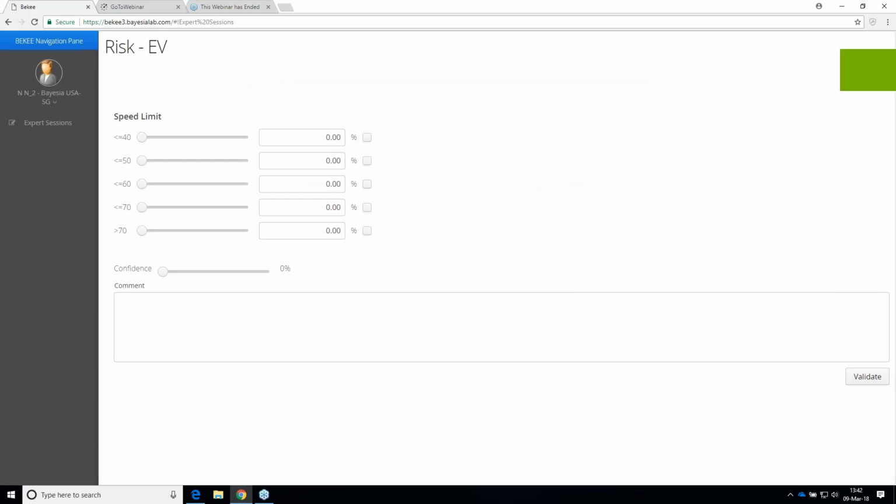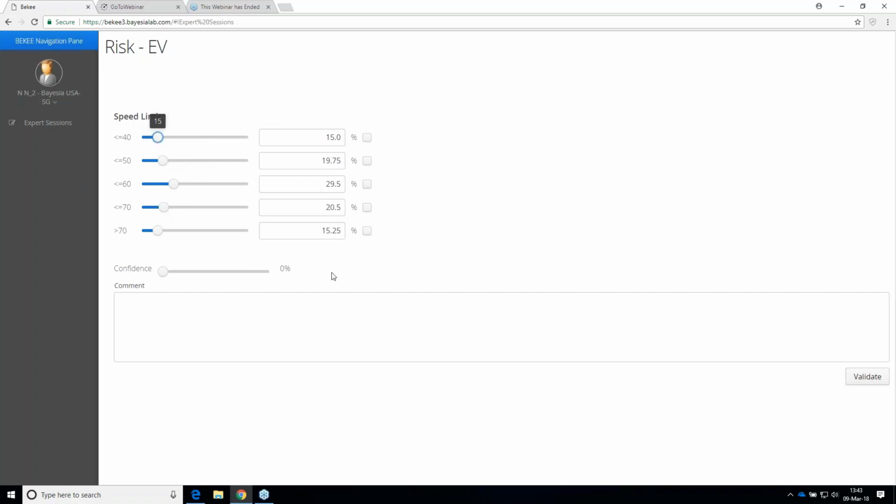So I'm now inside the expert view, where I'm now given basically a form that allows me to fill in my beliefs. You see these sliders here. I can now set what I think the distribution is of speed limits.